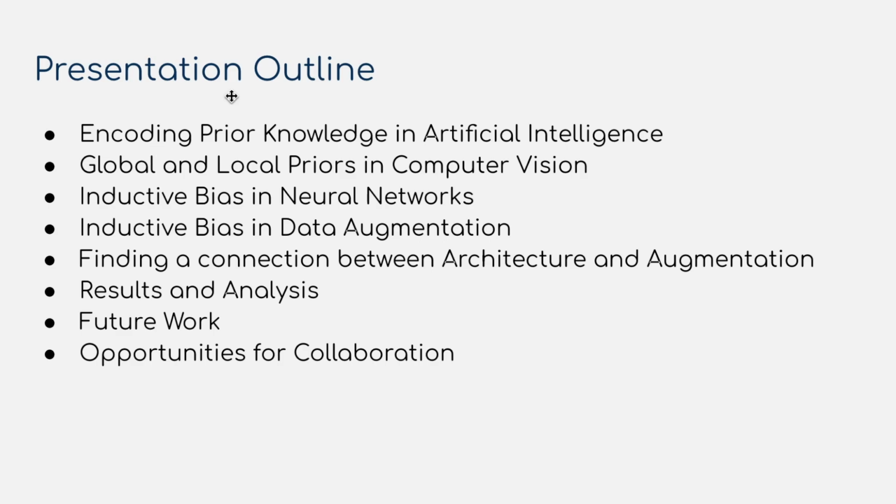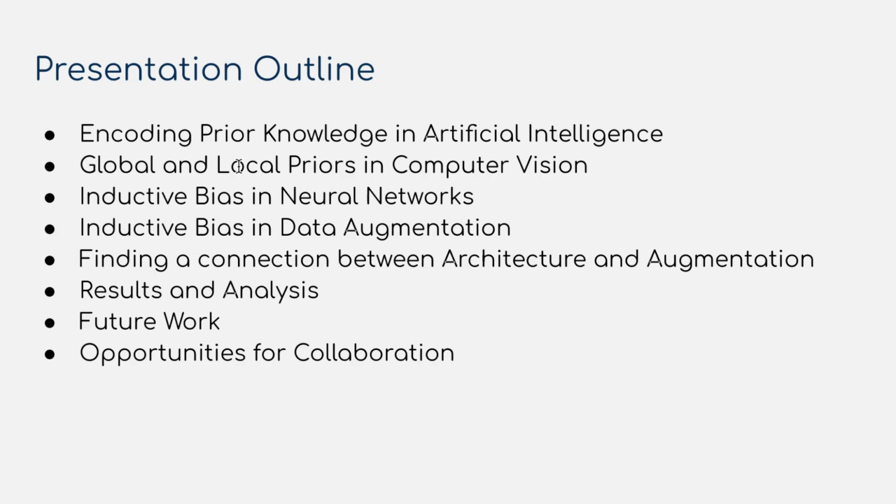We'll start off by describing the use of prior knowledge or inductive biases in artificial intelligence systems based on deep learning, how we can use priors to help dramatically reduce the search space in finding a solution for these neural networks, searching through some problem space. Then more concretely, we'll take this into the context of computer vision and describe global and local priors for these two-dimensional image pixel grids that are typically used in computer vision deep learning tasks like image classification, bounding box detection,